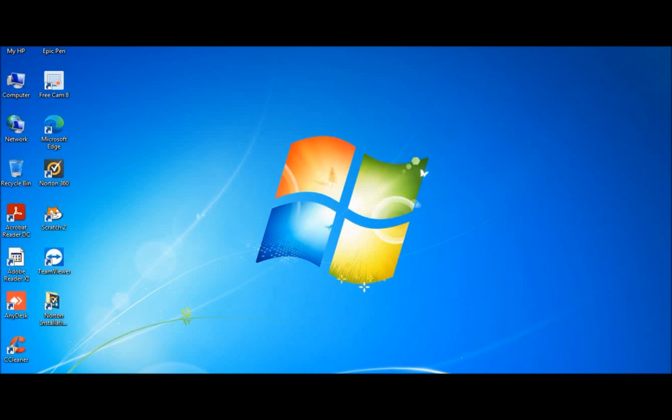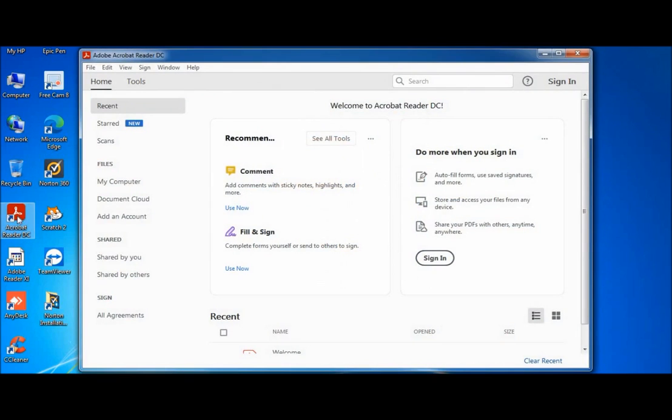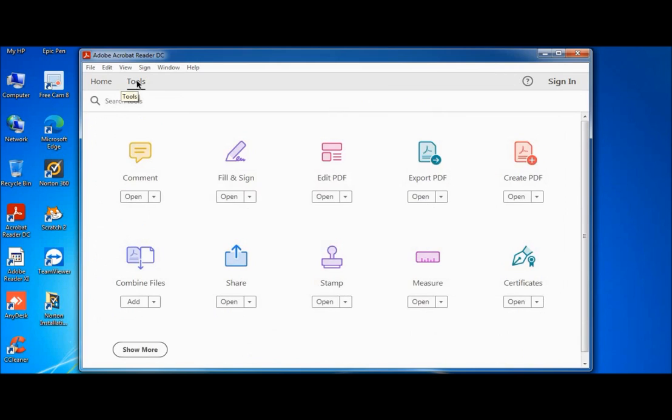Whether you have freshly installed the software or you already have it on your machine, you will be able to see this icon which says Acrobat Reader DC on your desktop. Double-click that icon to open the tool. Now once this is open, you will see that the Home tab is selected. But we need to go to Tools. When you click on Tools, if you see this screen with all these tools, then you are ready for solving the BDC worksheets.